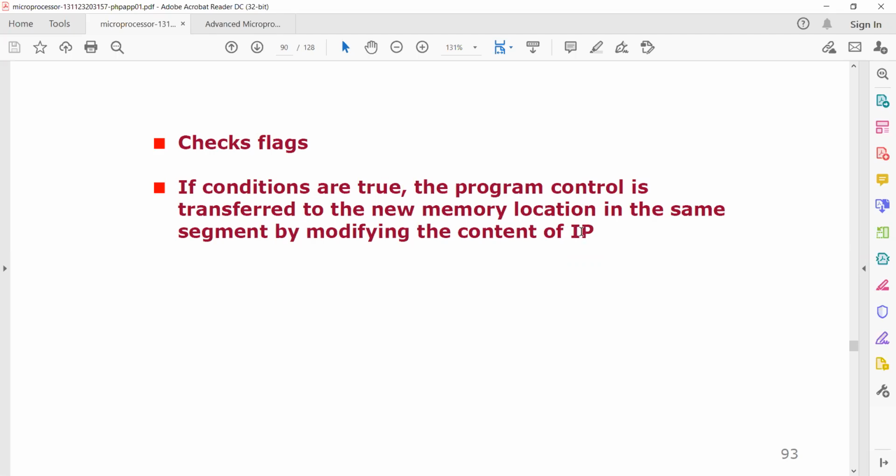But when you are using these control transfer instructions like jump instructions, the instruction pointer content will change to the address location or memory location which is specified in the jump instruction.